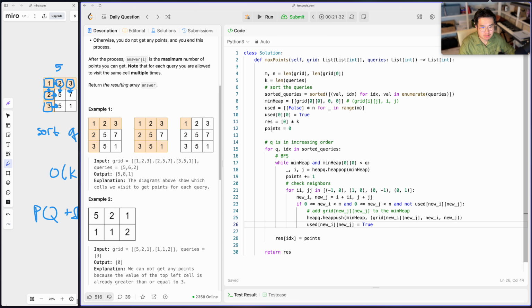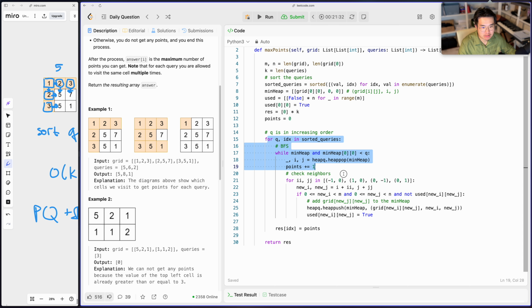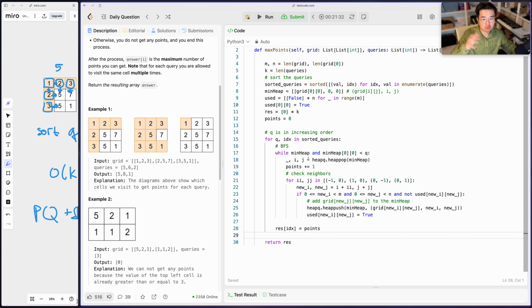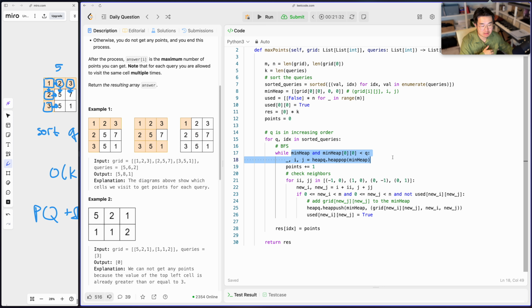And if we sort the queries and process the smallest query at a time, we know that our points will just keep expanding. And then we want to make sure that when we run the BFS, we're not just running it in, usually we just put it in a double-ended queue, right? But in this case, we can put